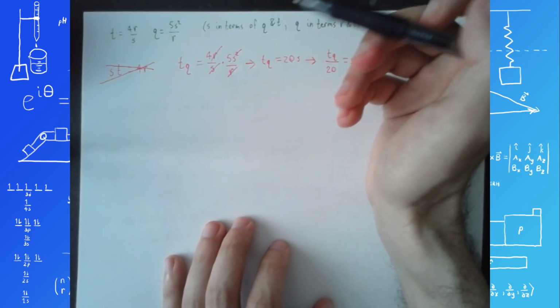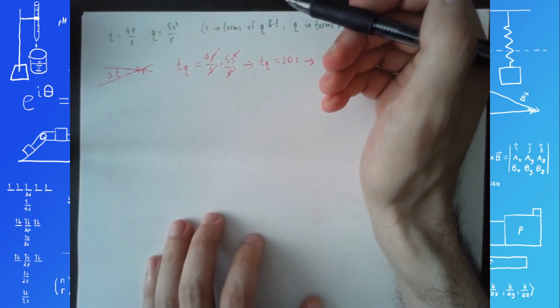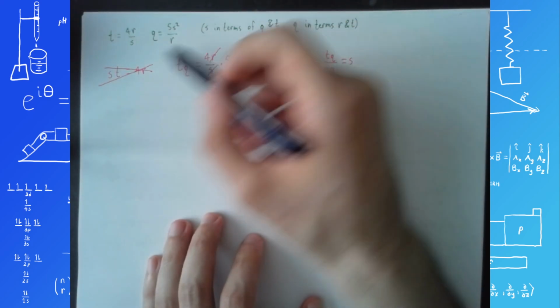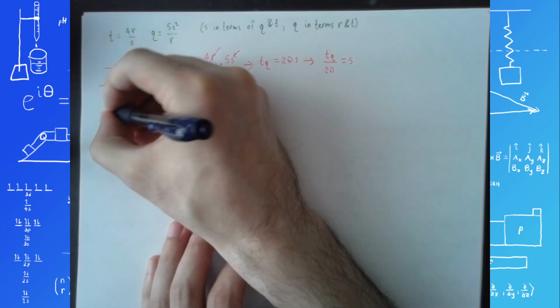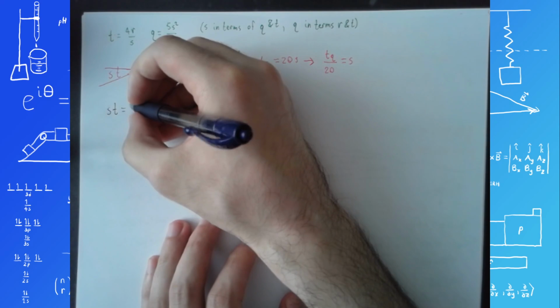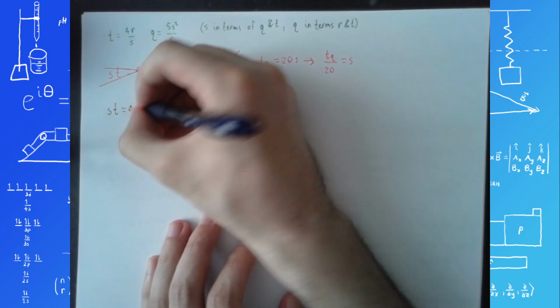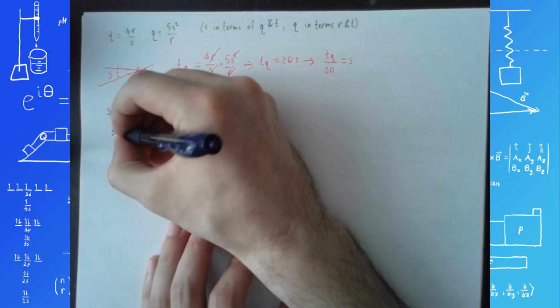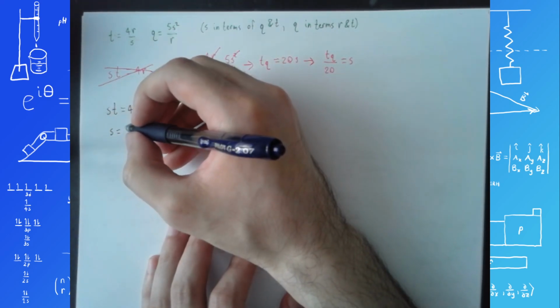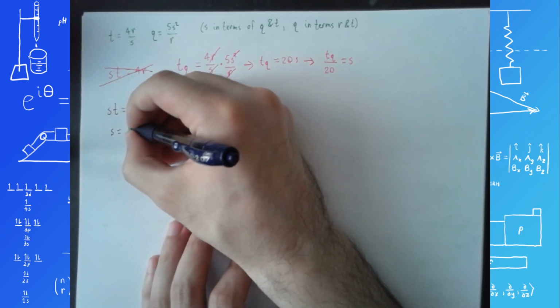I want Q in terms of R's and T's, not S's. So actually, I probably shouldn't have crossed this out. If I do ST equals 4R, and then I solve for S, I do S equals 4R over T,